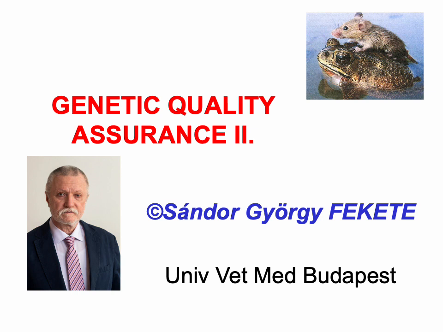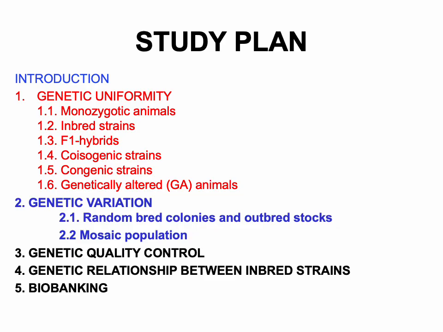Hi, this is the second part of the applied genetics in the laboratory animal science, namely the genetic quality assurance or genetic standardization. As you can see in the study plan, we are over in part 1. We discussed and explained the cases of genetic uniformity. And now we continue with the cases of genetic variation, namely the random bred colonies and outbred stocks and mosaic populations,